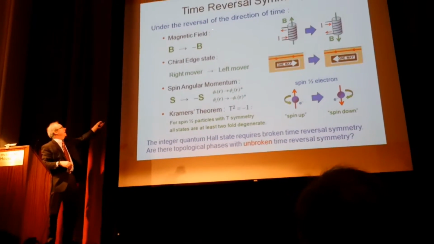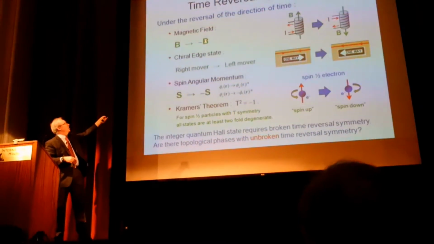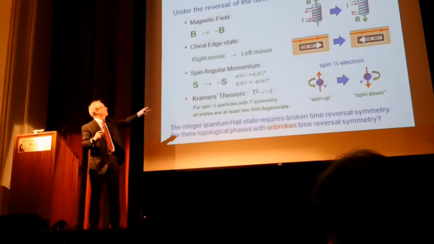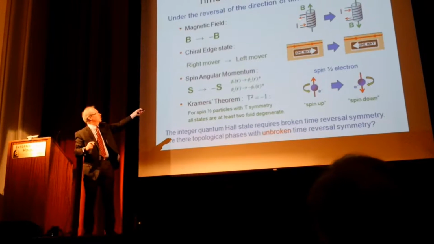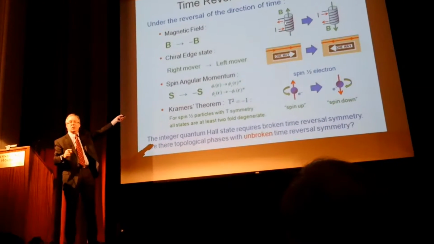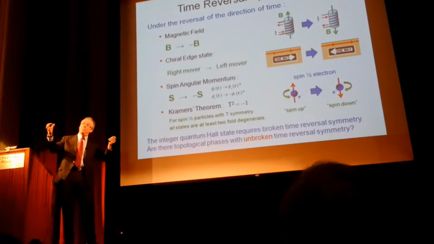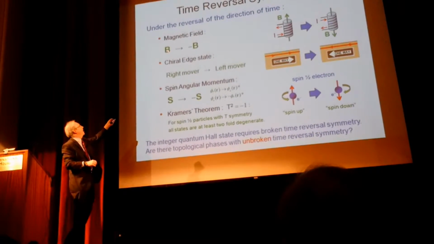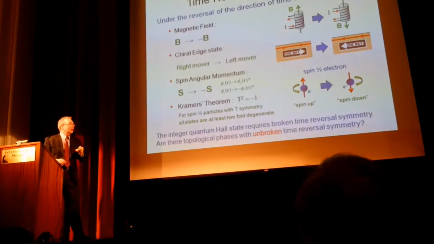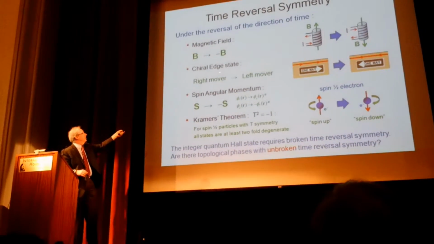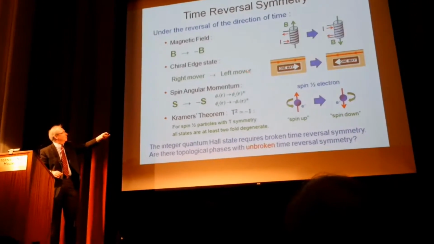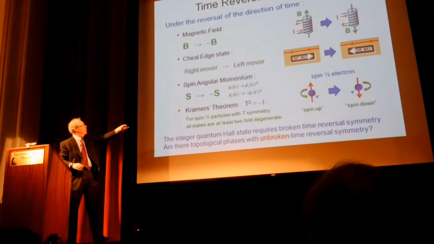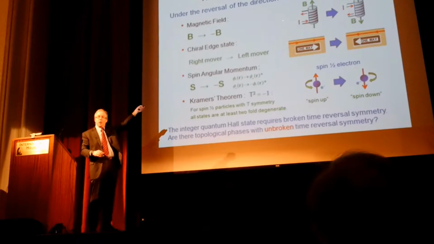But a magnetic field actually is odd under time reversal, because magnetic fields are created by electric currents. If you have an electromagnet, that is just a coil of wire that can carry a current and create a magnetic field. If you run that in reverse, the current goes the other direction, so the magnetic field goes the other direction. So a magnetic field is odd under time reversal. Likewise, this chiral edge state, this one-way motion of the electrons, if I run it in reverse, it's going the other direction. That makes sense because in order to get this, I had to have the magnetic field, which broke time reversal